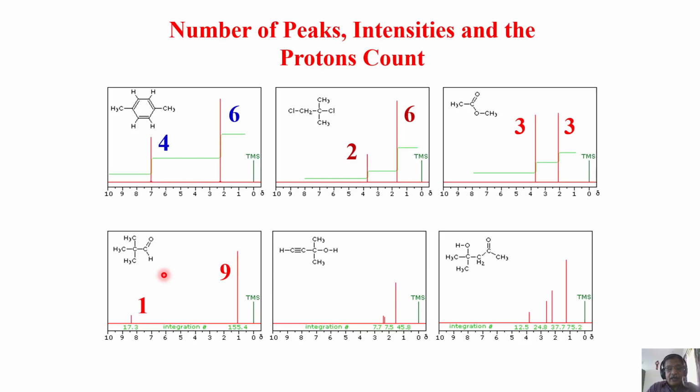Now go to this molecule. There is a symmetry along this axis. Now because of this, there are only two types of protons. Because of symmetry, this proton and this proton are the same. Okay, now we'll take the last example of this molecule which has no symmetry at all.